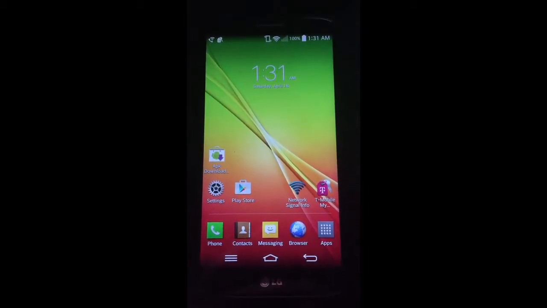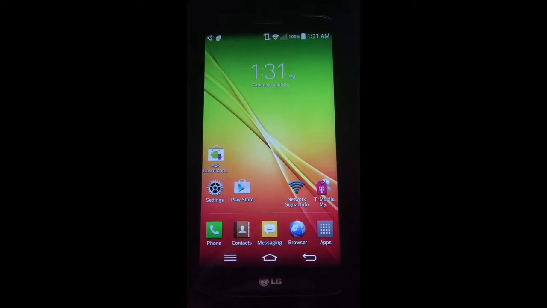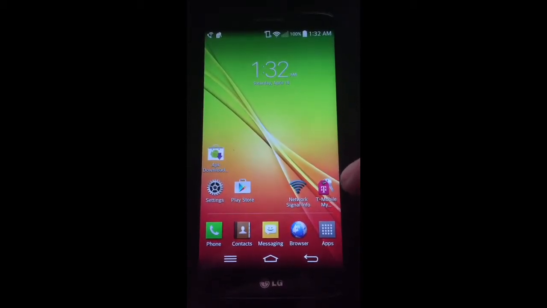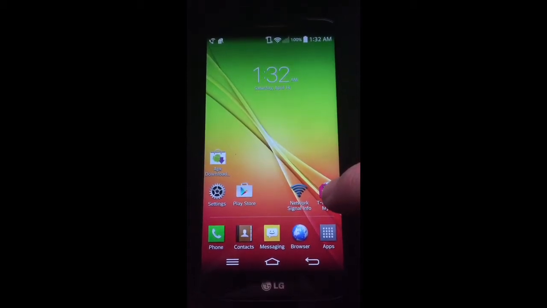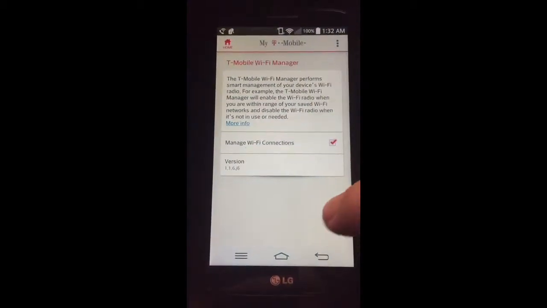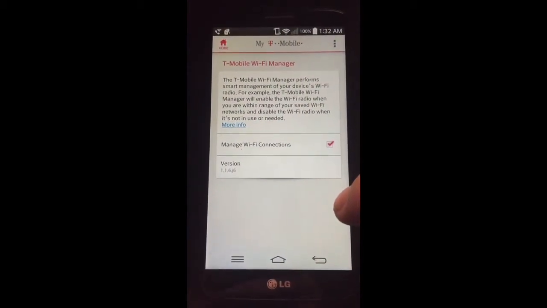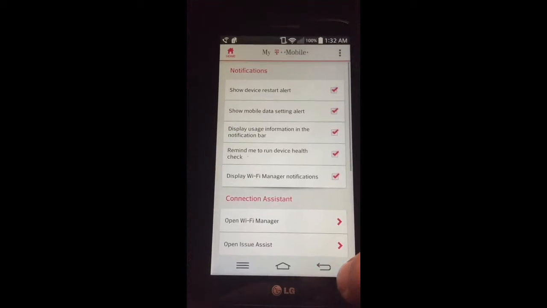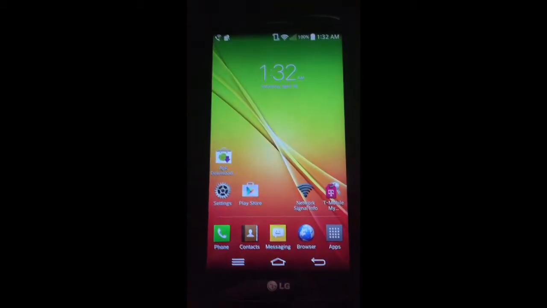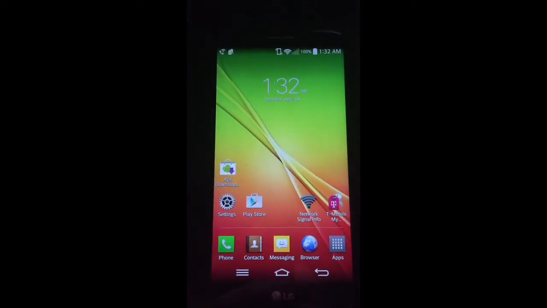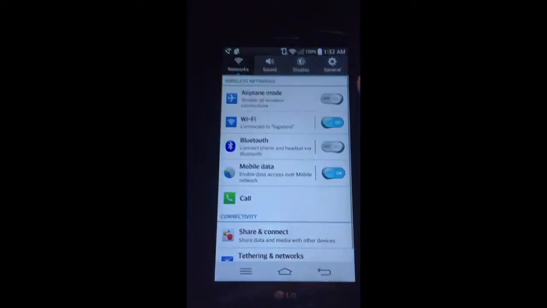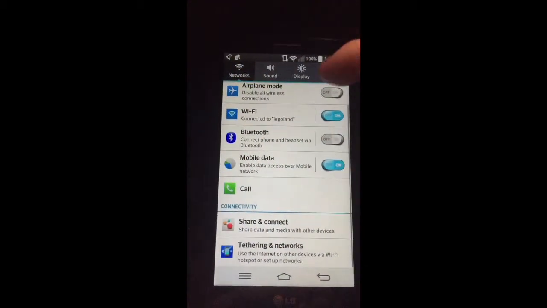So I'm connected now and I have a good geofence set up around me and I've got my home network set up. So I'm going to show you what I'm doing here. Right now we're set up to manage Wi-Fi connections. I'm going to blast all this and then I'm going to shut down Wi-Fi so the geofence can turn it on automatically. So going into settings, first thing I'm going to do is kill the app,